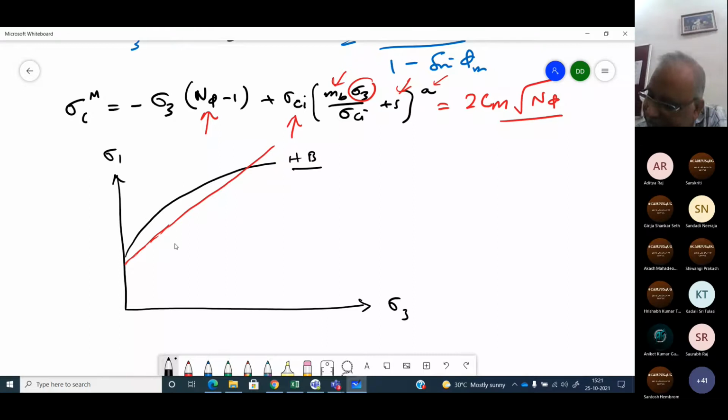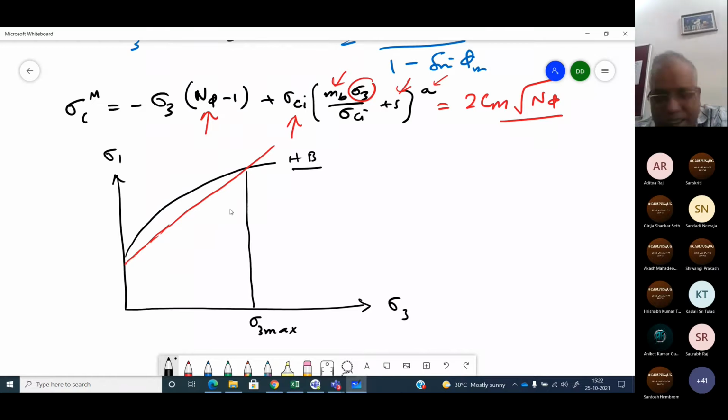Now what they are saying is, let us find a Mohr-Coulomb line such that I give some value here, that is given as sigma 3 max. I give a value at sigma 3 max, and how to find out this sigma 3 max, that is also given, and I have also given it in the book. There is a formula. For tunnel one formula, for slope another formula, they have given.